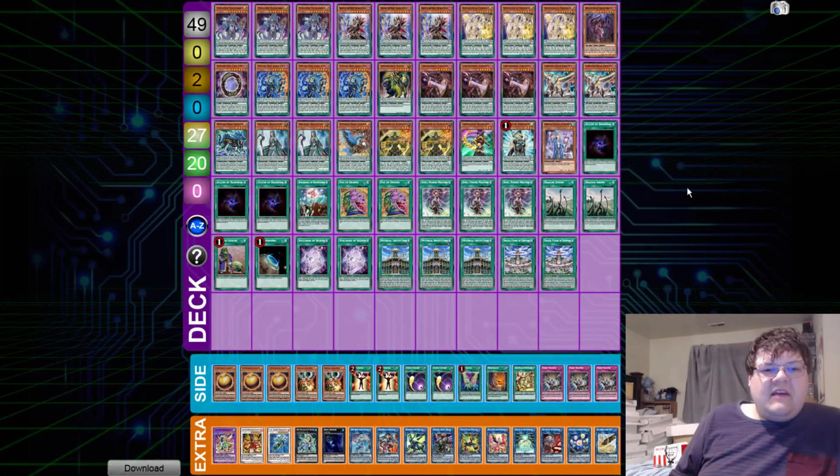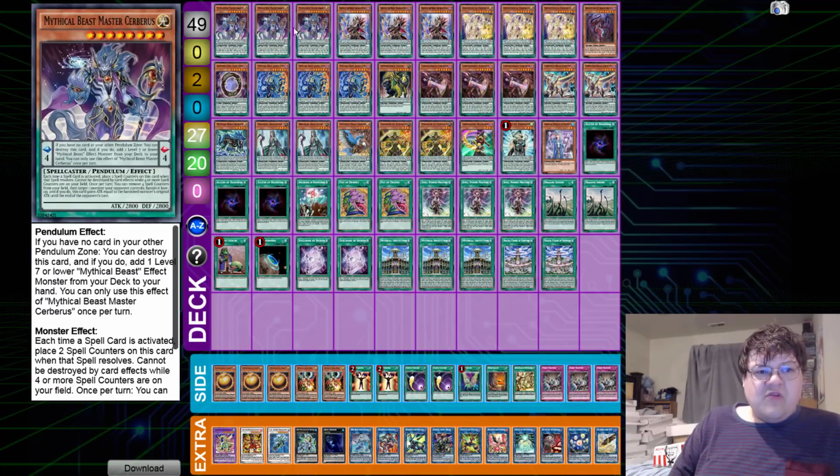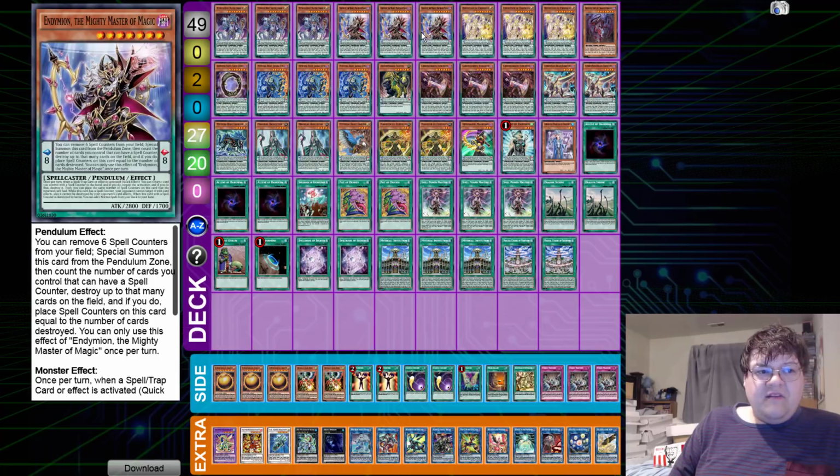Now, last deck that we have here, we have Pendulums. This was something that was brought to my attention. It just dropped in my inbox, like, hey, I've done relatively well with this. This is kind of what's going on in the world right now with Pendulum. I'm like, alright, cool. So we have triple copies of Master Cerberus, triple copies of Endymion, the Mighty Master of